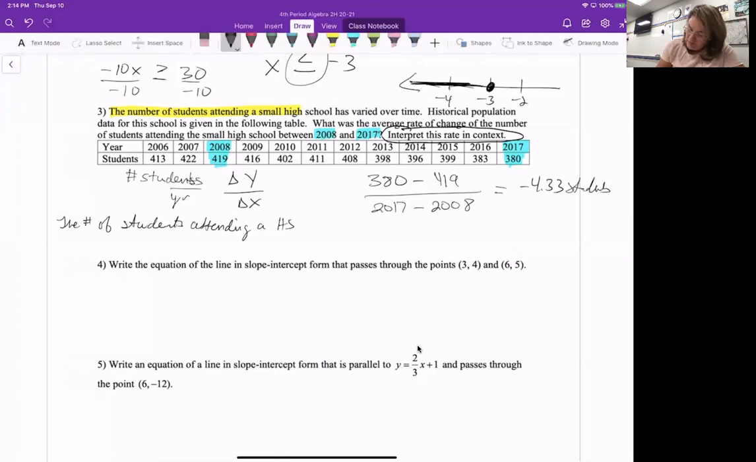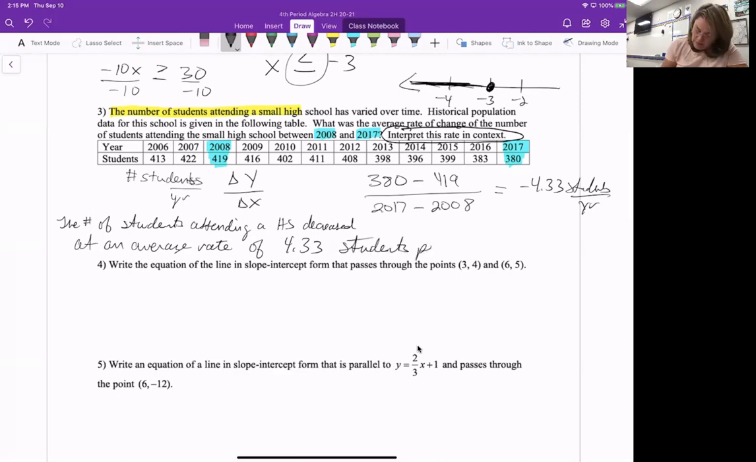Students per year. So it decreased because it was a negative number. Decreased at an average rate, so that was the phrase that we wanted to use, and then this number we're going to pick is always positive, okay? Because you took care of the fact that it was negative because you described it in a decreasing fashion. So if you were to say decreased at an average rate of negative 4.33, it's like a double negative, okay? So it decreased at an average rate of 4.33